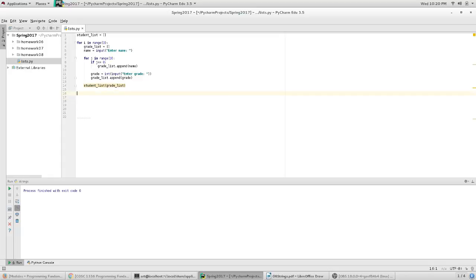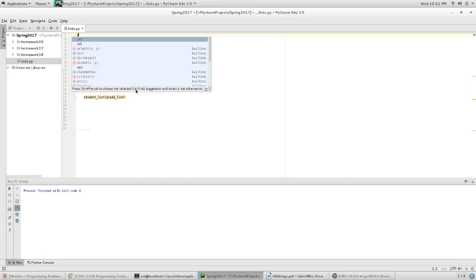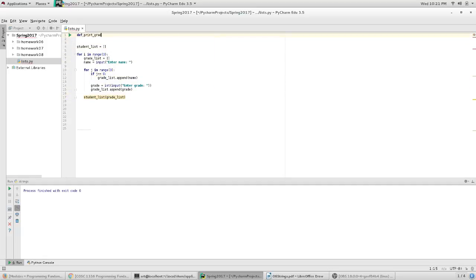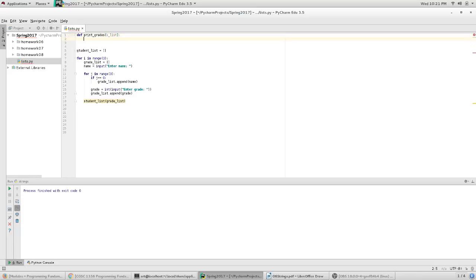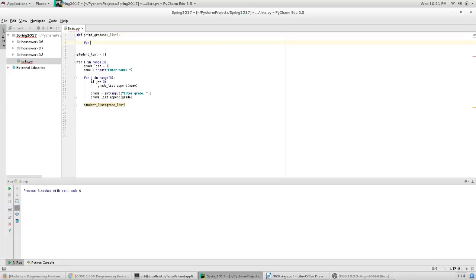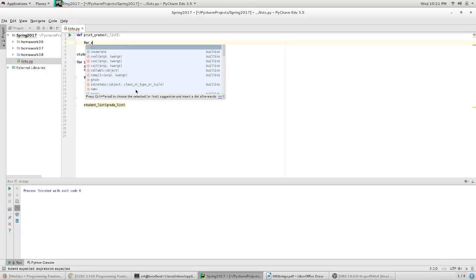We want to define a function, print_grades, that accepts a list, student_list, and we want to print the grades for each